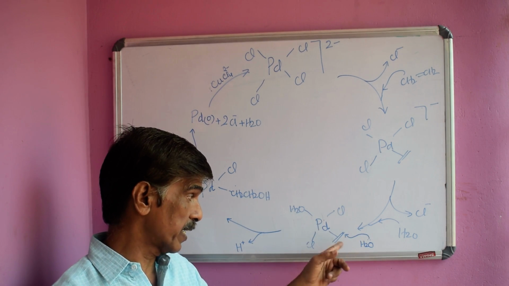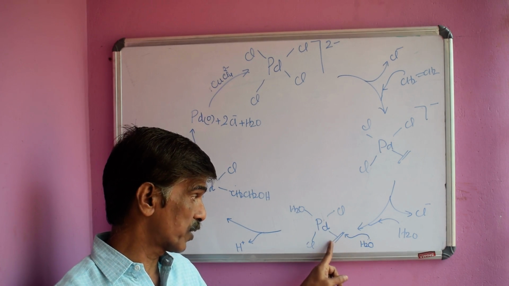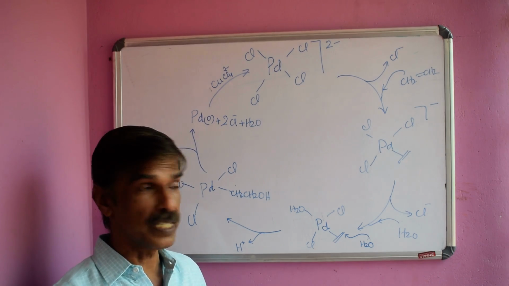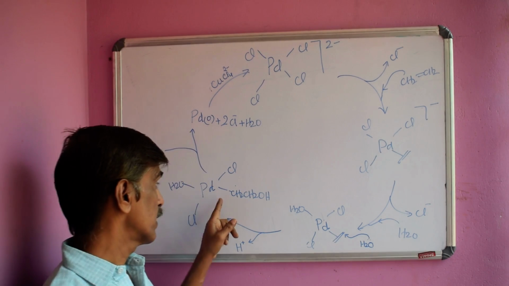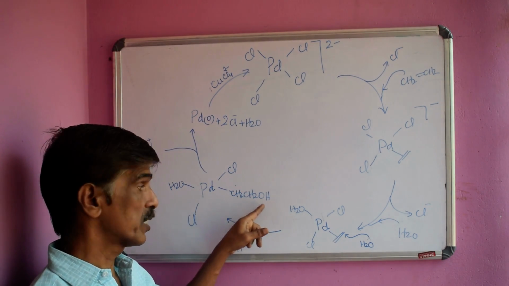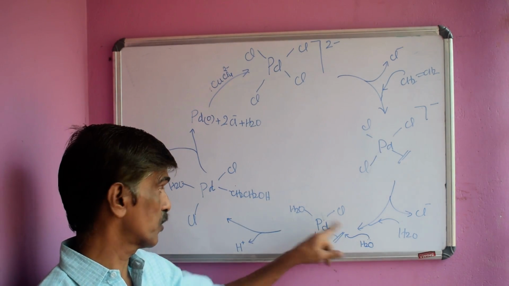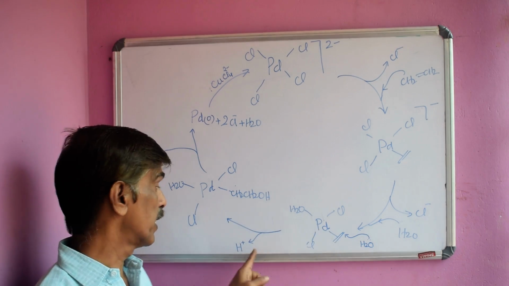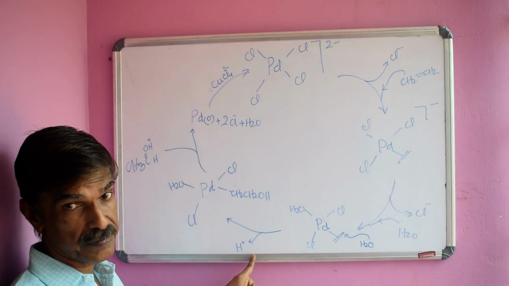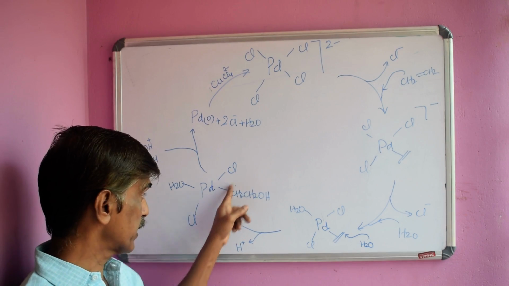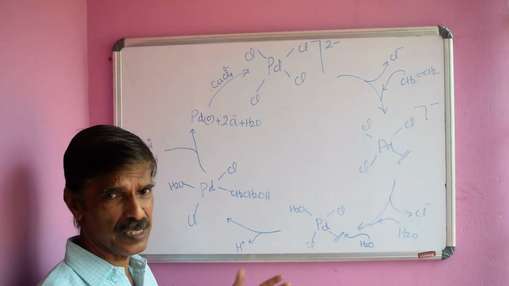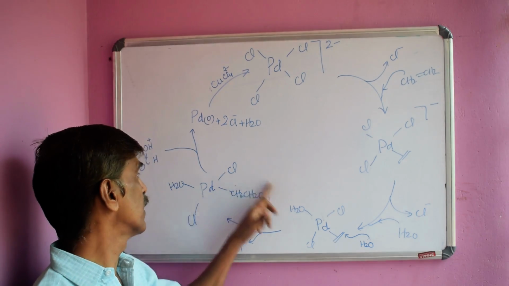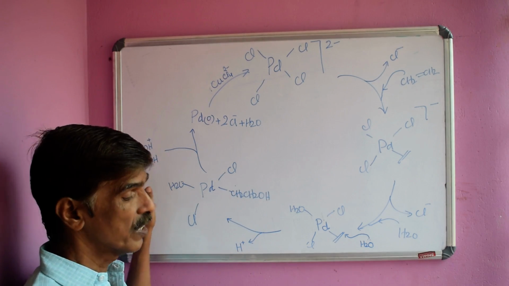is attacked here. This ethene is activated towards nucleophilic substitution. We can see that a nucleophile attacks here and it gets converted into CH2CH2OH. Then H plus is released. Now a reaction takes place on this CH2CH2OH. There is some controversy about this mechanism, and we can see that it is converted into this CH3